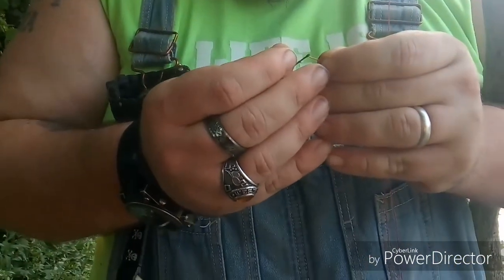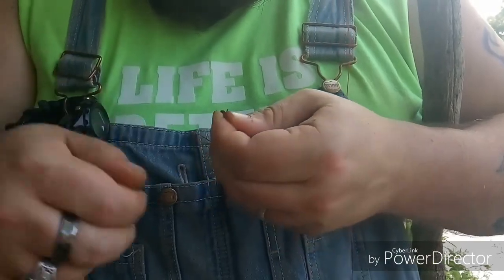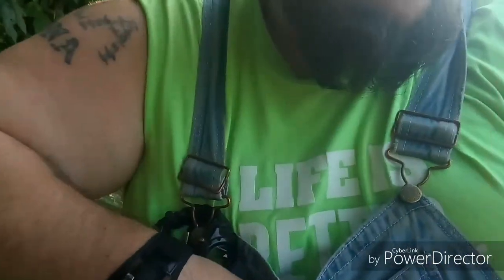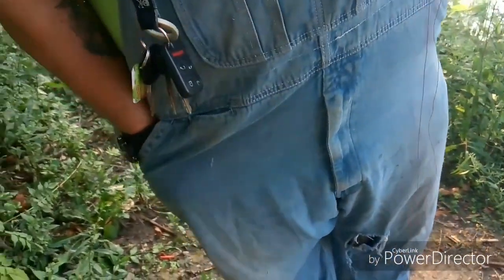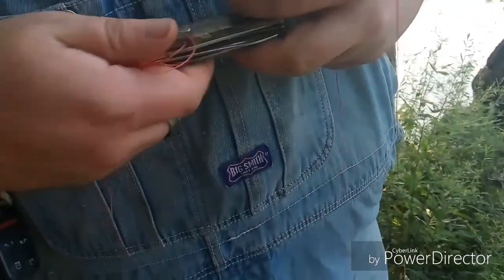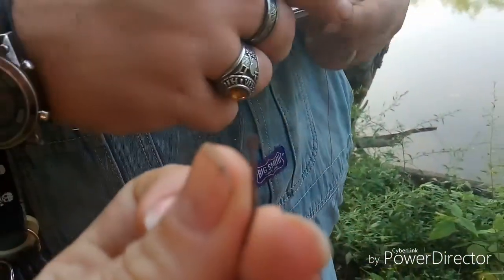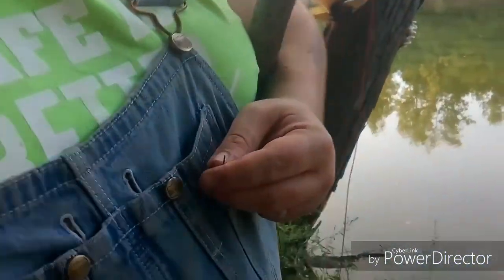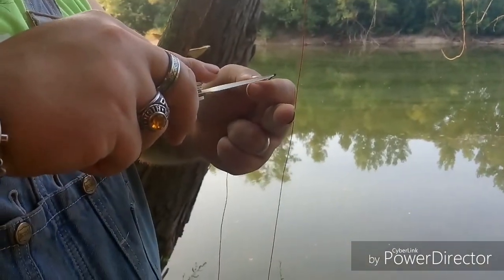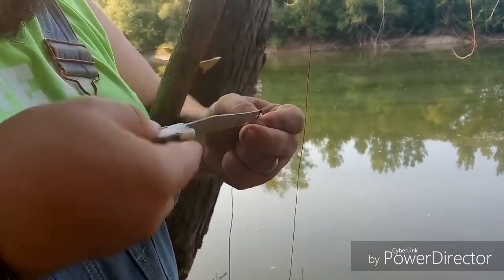I'm just kind of wetting the line so it don't fray apart. Shove her through the hole if you can get it in there. Do you need my nail? No, I'm gonna need my knife again. It's down in this pocket. You don't ever put it in that pocket. I know. I always keep everything in the top pocket. That hole's rusted over. When the hole of the hook is rusted like that, you take a knife, or if you have long nails like I do, you try to break the rust off. Or your other hook, whatever. This hole's open a little bit. I scraped most of it out, but it's just not enough to get this line through there. So I'm gonna...